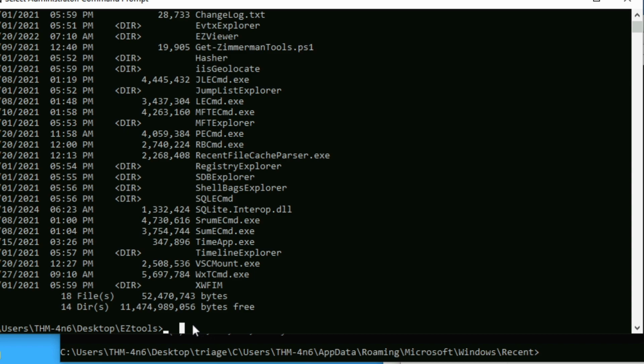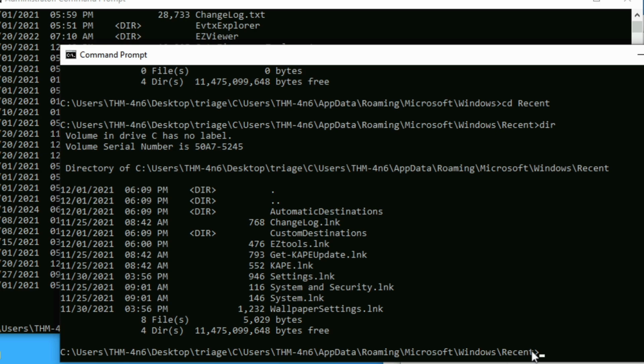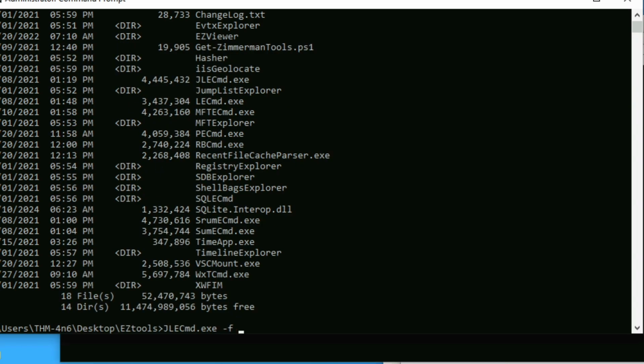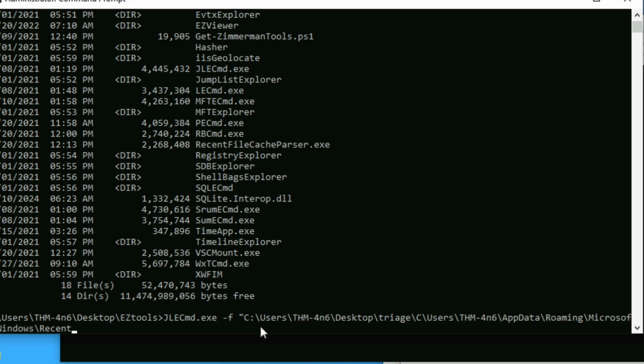Okay, so it's going to be JLECmd.exe, and it's going to be file, and we're going to use this whole thing because this is a long path, so I'm definitely not going to spend the time typing that up. This is too long for me to sit here and type. And then Recent, and it's going to be called AutomaticDestinations. A nice little trick is if we just type in auto and press tab, it fills the rest for us. And now we want to do a CSV, and I will go ahead and output this to